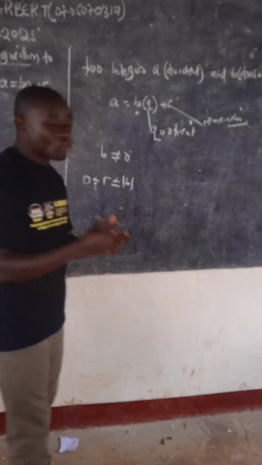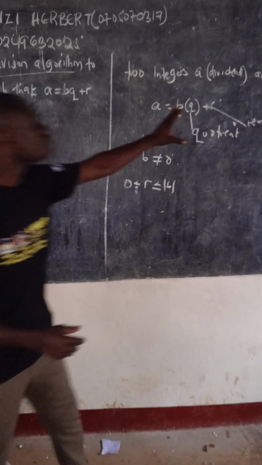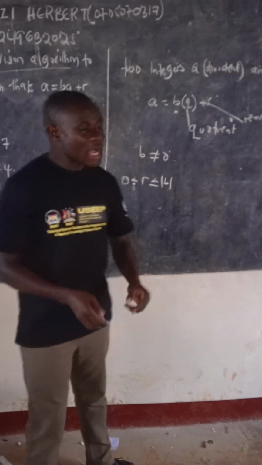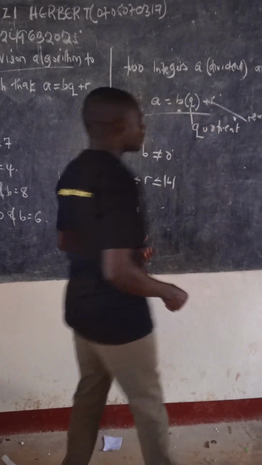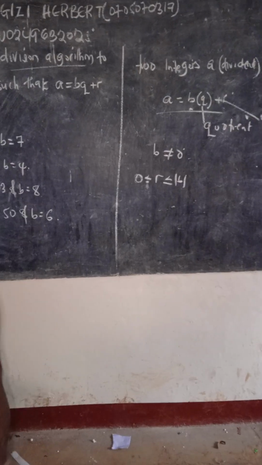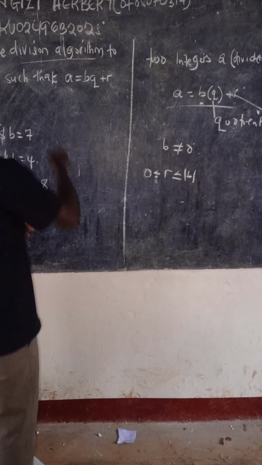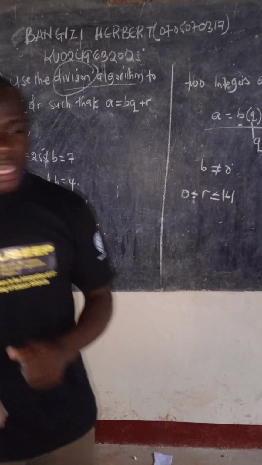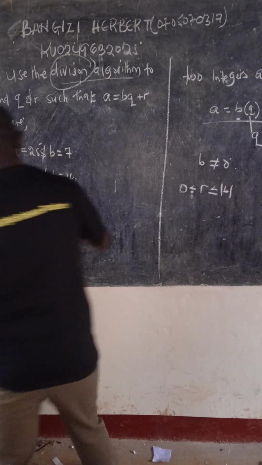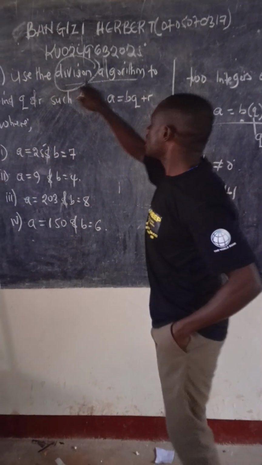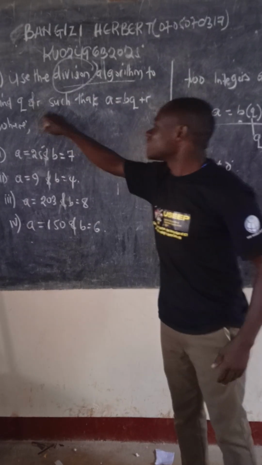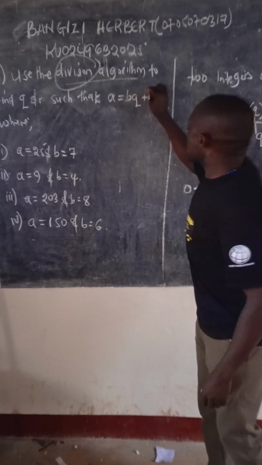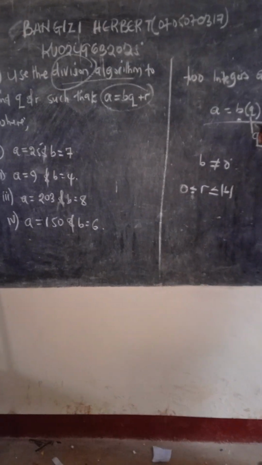So we are getting two unique integers, Q the quotient and R the remainder, and from there we get this expression. Since it's the division algorithm, it means we are doing more of dividing. That's why we can see in this question, use the division algorithm to find Q and R such that A equals B into Q plus R,